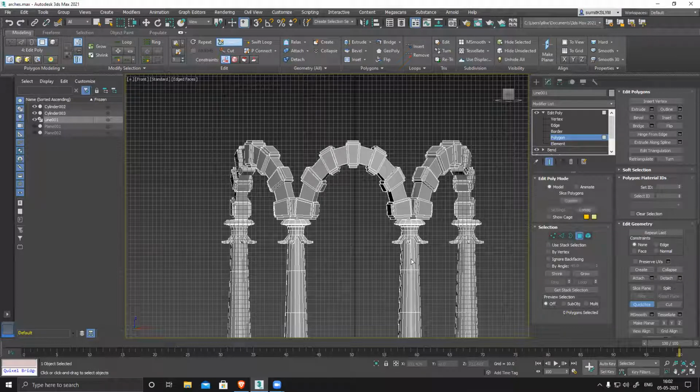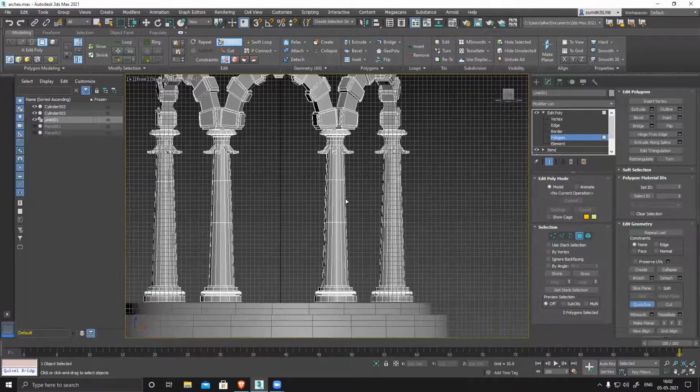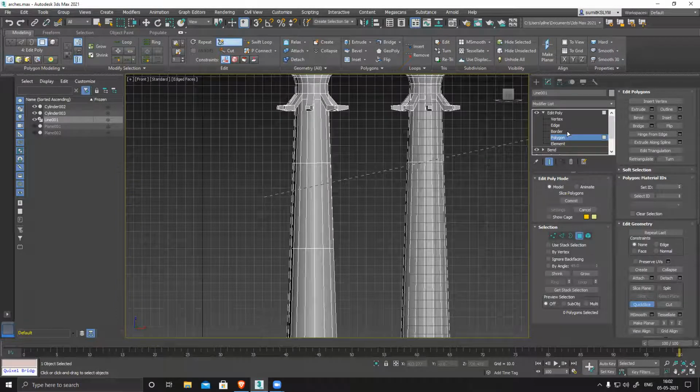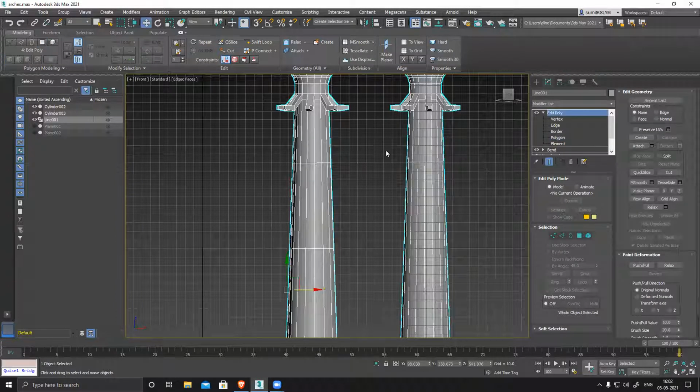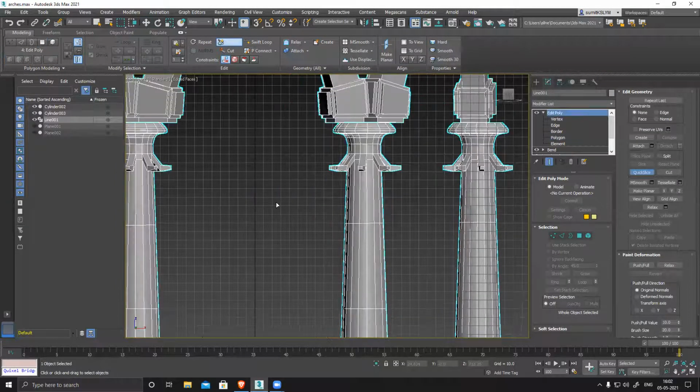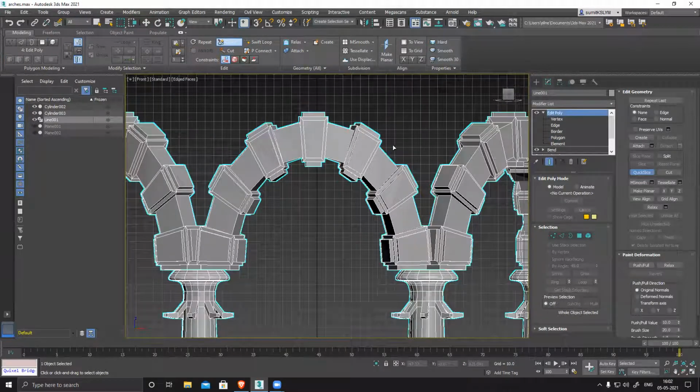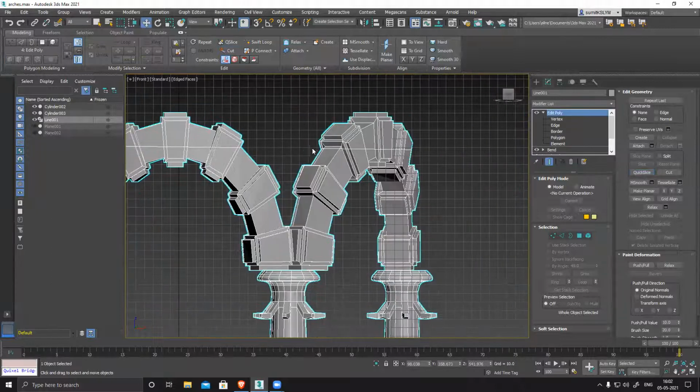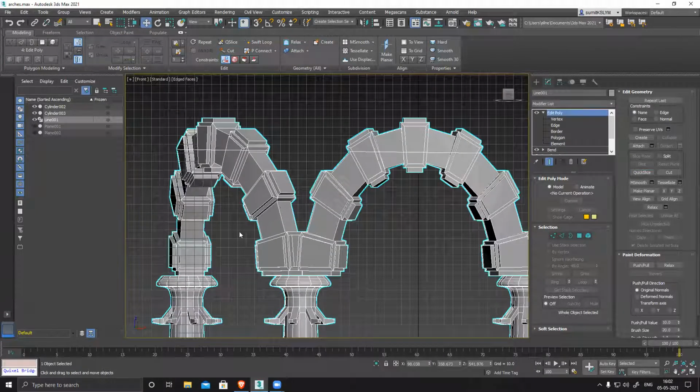But if I click here and create, I selected polygon mode, my mistake. Quick slice. You can see it's cutting through the whole model everywhere.